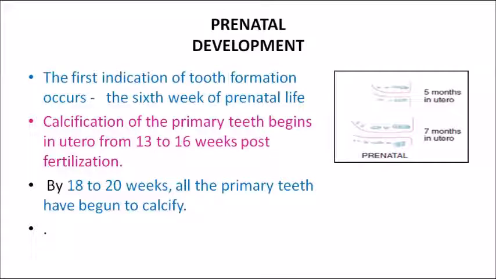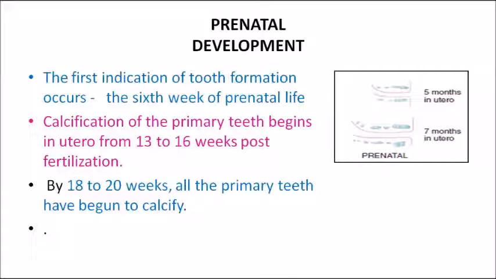Also keep in mind that the 6th week is almost like 1.5 months. So 4 weeks is like 1 month, and 6 weeks is like 1.5 months. In fact, they can ask you like that also. You might be learning that the first indication of tooth formation is in the 6th week, and in the question paper they will give you options like 1 month, 1.5 months, 2 months, 3 months, 6 months. So you don't have to panic. If you have learned it and are thorough with that, you know the first indication of the tooth formation is during the 6th week, and you can simply answer that 6th week is approximately 1.5 months. That is how you have to approach these questions.